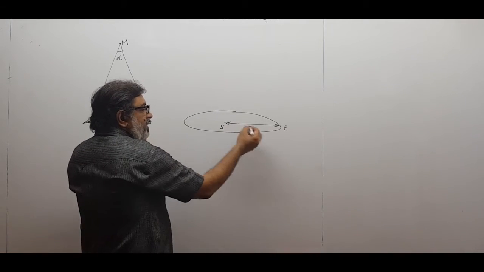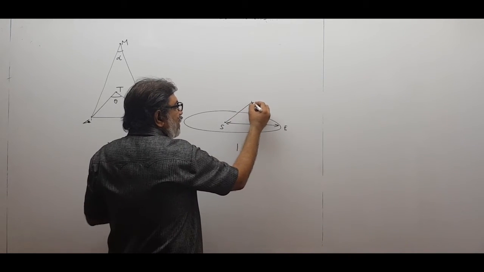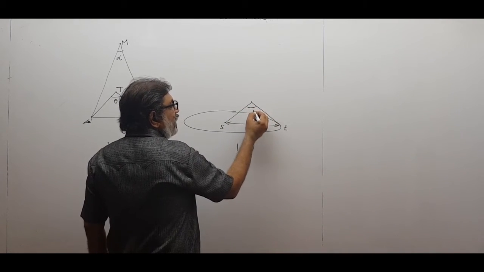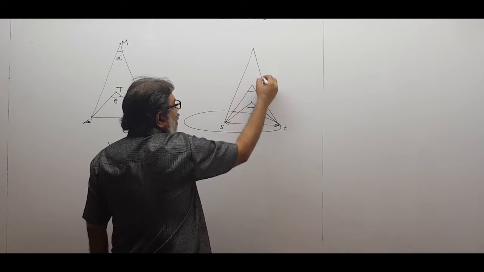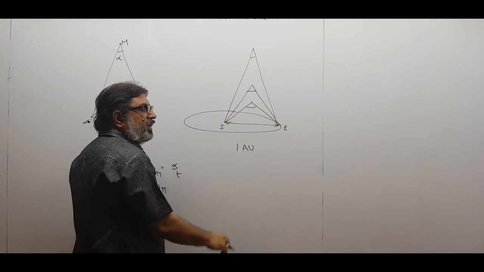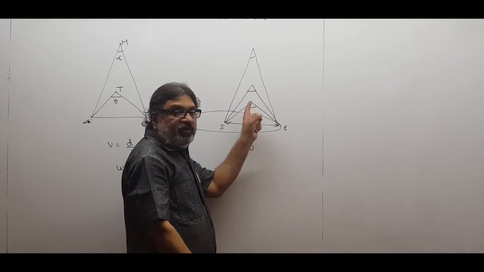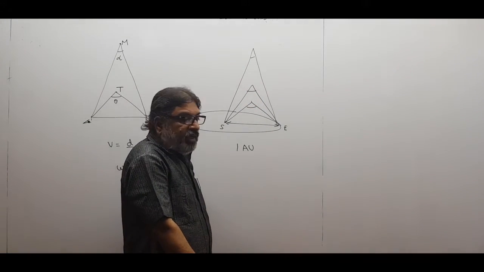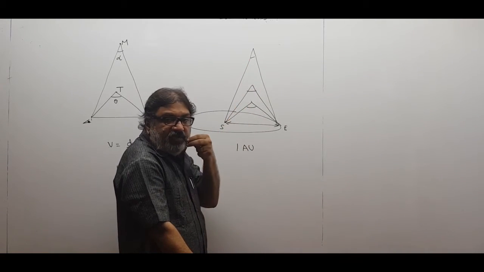And from here, if we keep on going far away from this point, you can see as I go far away, this is the angle right now. If I go far, this will become this much angle. If I go still far, it will become this much angle. But the angle will keep on reducing as you go farther and farther from this midpoint of the line joining sun and earth. As you go farther and farther away, you can see that this angle will keep on decreasing.